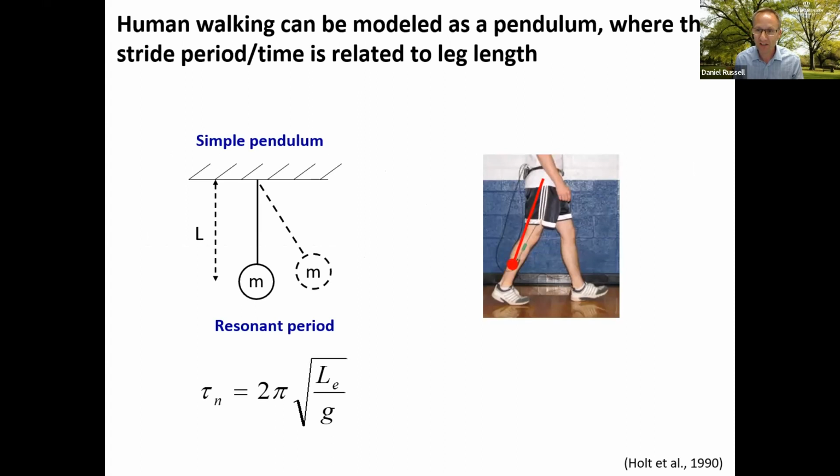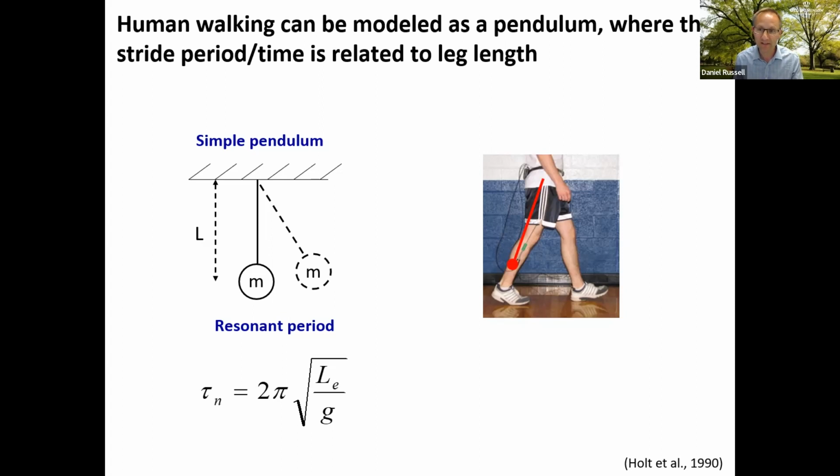From my research, we look at human movement, and an example is walking. It's obviously a very important skill for us to perform, and we can seek a model of walking, and it's not a far leap, when you study a little bit of physics, to think that a pendulum model might be a good explanation of walking.